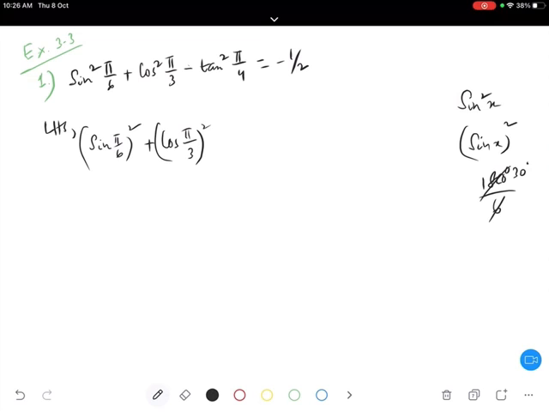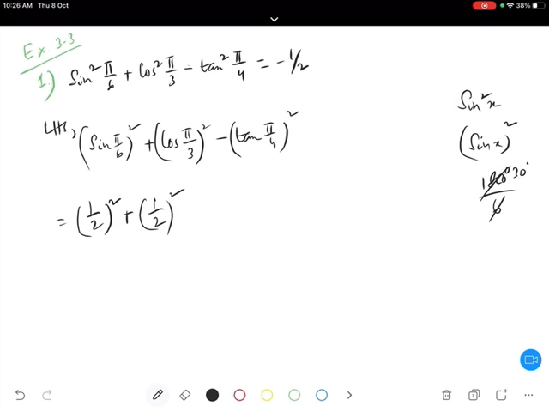Let me write like this. So tan pi by 4 whole square. So basically this is 1 by 2 whole square plus. Now, what is the value of cos pi by 3, guys? I asked what is the value of cos pi by 3, I haven't asked what is pi by 3. Cos pi by 3 is half. It is 1 by 2 again.